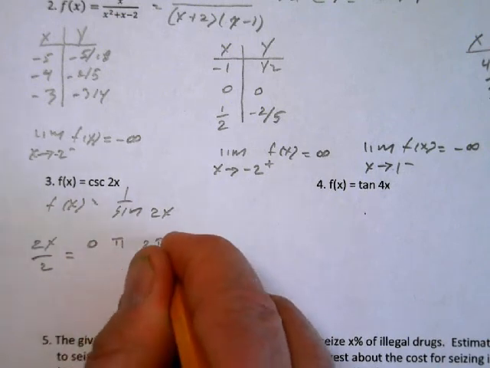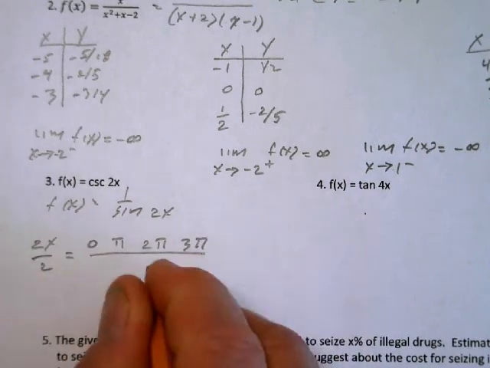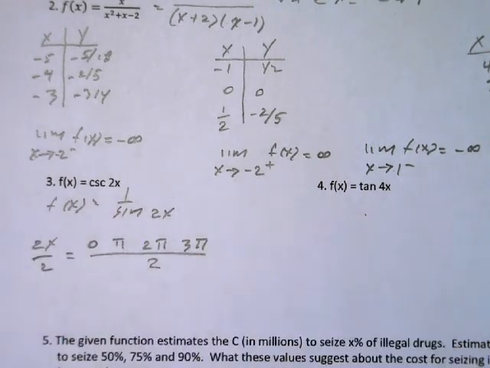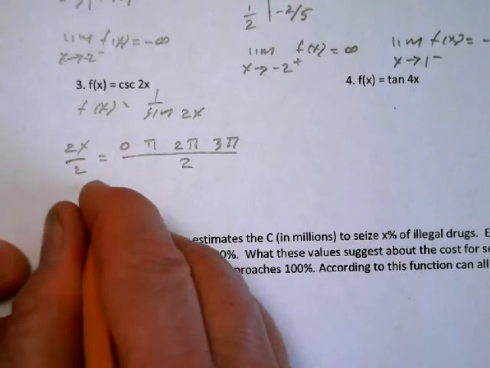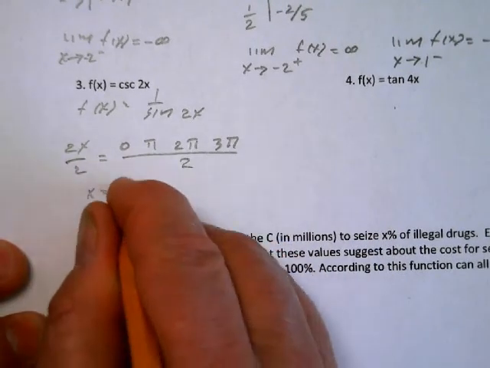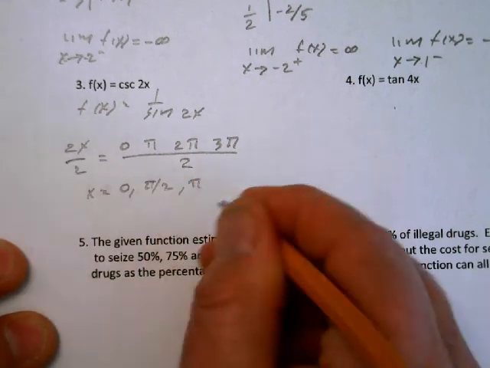We know that sine equals 0 at 0, pi, 2 pi, 3 pi, and so on. Now I'm going to divide that by 2 because I have a 2 right here. So where it equals 0 is going to be at x equals 0,